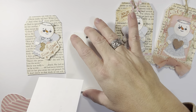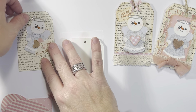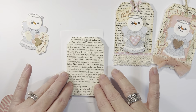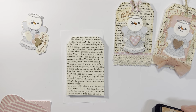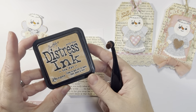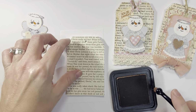And this is what we're going to do. I took an old book and I just traced the tag on it, cut it out, and punched a hole in it. And I'm going to distress the edges of the book paper with a little bit of tea-dye distress ink. It's a little bit lighter than the vintage photo that I use a lot of,